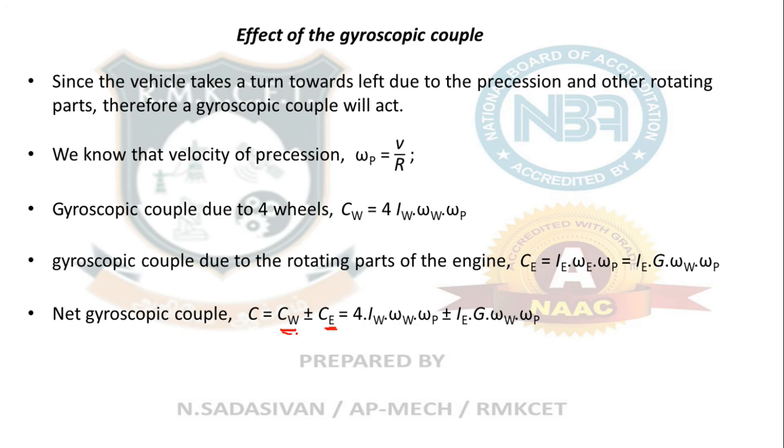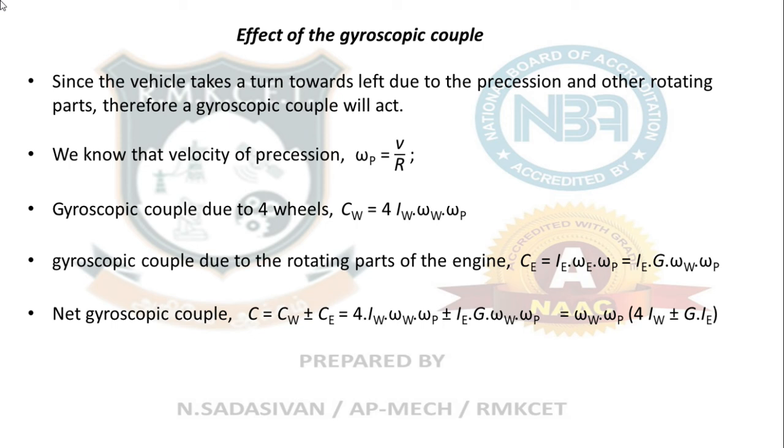Consider a lift. Some 20 people are standing inside. Some 5 HP motor is on the top of the lift. There you have a worm and worm wheel, so that the torque is getting multiplied by 100 times. There also the motor rotation and the traction movement of the lift will be in opposite direction only. So for those cases, you have to take this minus sign. So if specifically something is mentioned in the question, engine rotation is opposite to that of wheel rotation, then you have to take the minus sign. Okay.